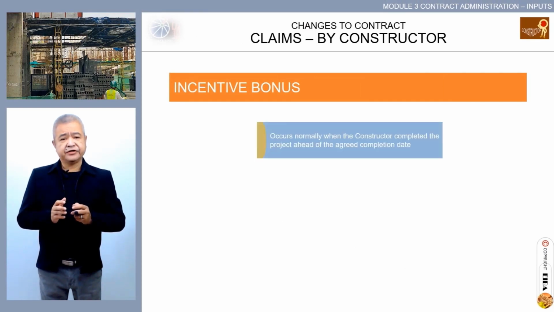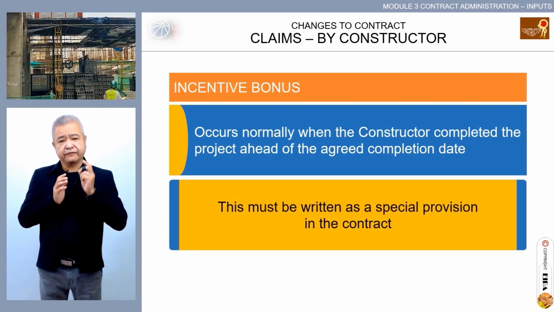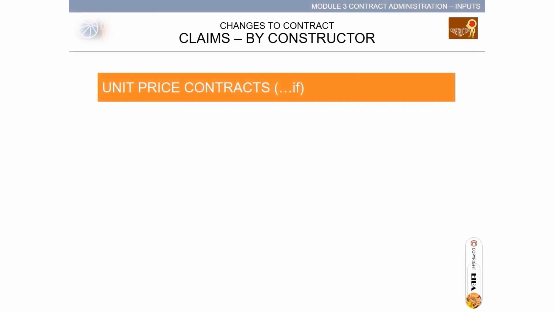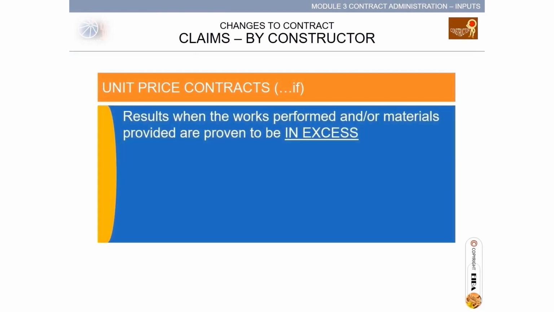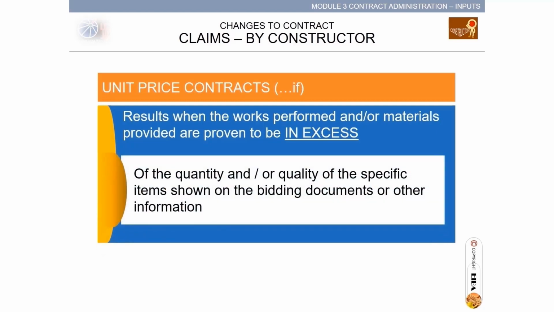Incentive bonus. This occurs normally when the constructor completes the project ahead of the agreed completion date. This must be written as a special provision in the contract. Make sure this is written. The people who participated at the start of the project may not be the people at the completion of the project. Unit price contracts, if it is that type of contract, result when the works performed and/or materials provided are proven to be in excess of the quantity and/or quality of the specific items shown on the bidding